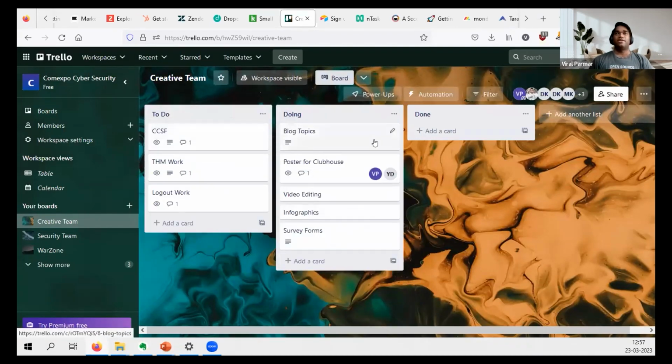Similarly, if people are working on it, you can add it here, and if it is done, you can add it here. So it is very easy to drag and drop, easy to use. I 100% personally recommend Trello. Asana is similar, not big differences, but there is a pricing difference. If we compare pricing, Trello is a little bit cheaper than Asana, and if you are buying the whole yearly package, Trello is a good option.